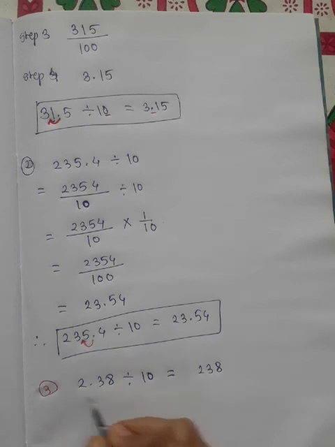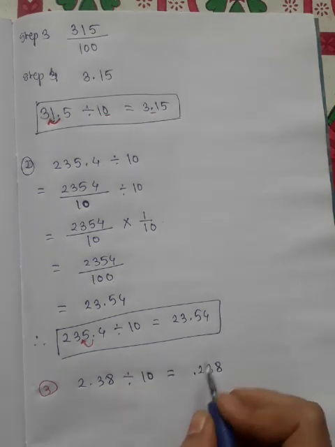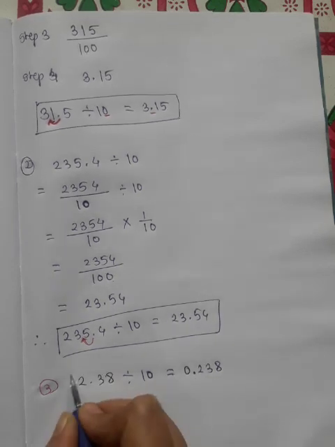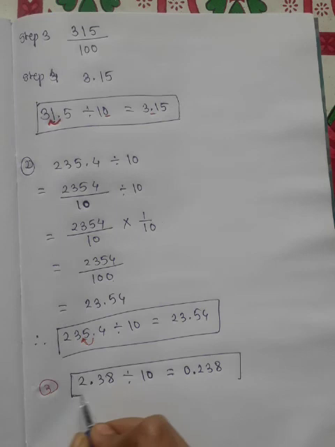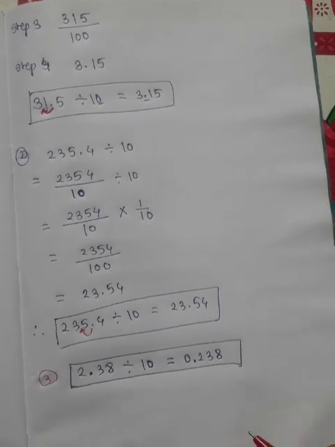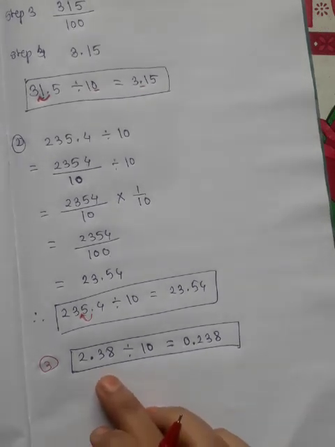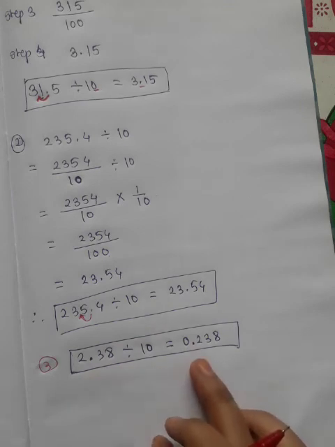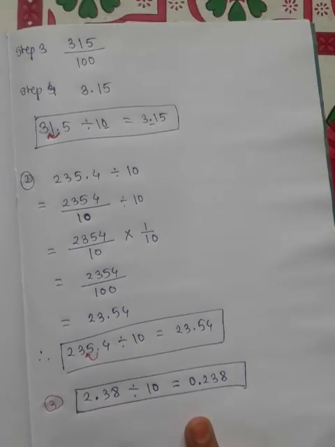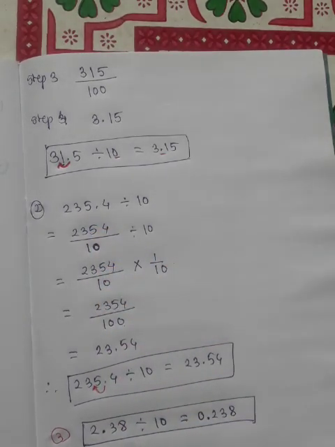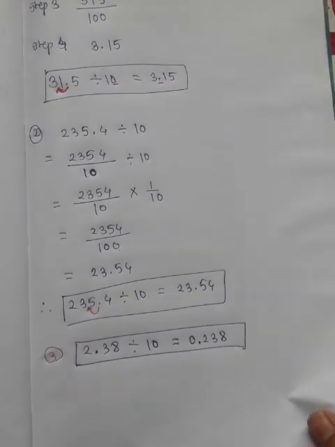Decimal point move towards the left by one place. So we have to put the decimal point before 2, and there is no digit, so write 0. So what is the answer? 2.38 divided by 10 is nothing but 0.238. Like this you can divide directly also, but you can apply this rule in MCQs also, but while solving the examples you must write step by step. Okay, now see what happens when we divide